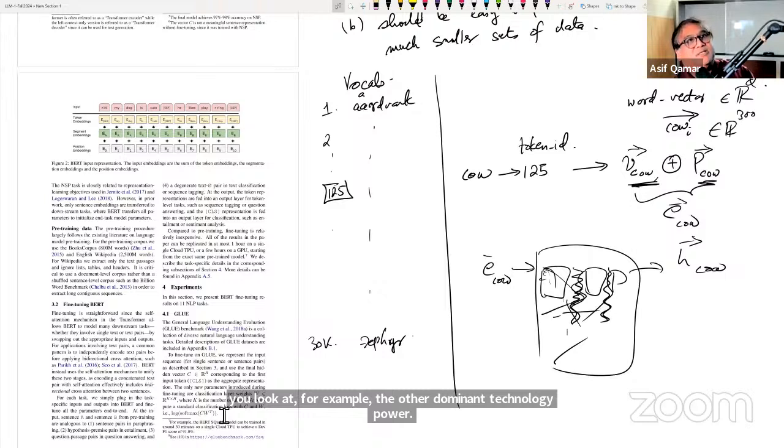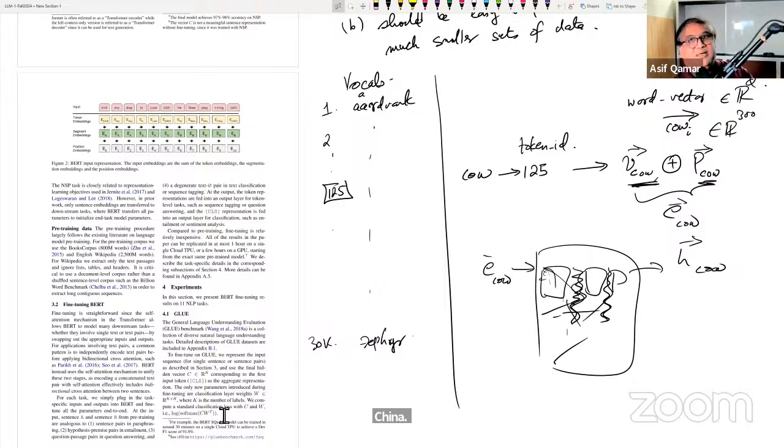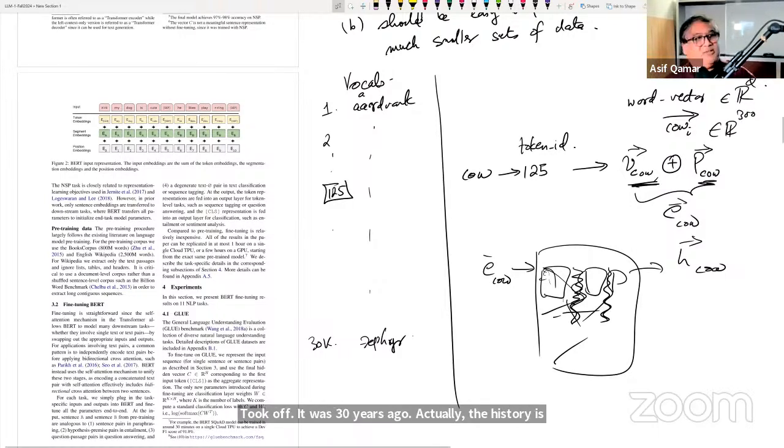And if you look at, for example, the other dominant technology power, China, they literally have a word. I believe the word is shanzhai. They just say share everything openly, right? So one of the ways, for example, the city of Shenzhen, just next to Hong Kong, took off, it was 30 years ago. Actually, the history is very interesting. I'll just stop the recording and